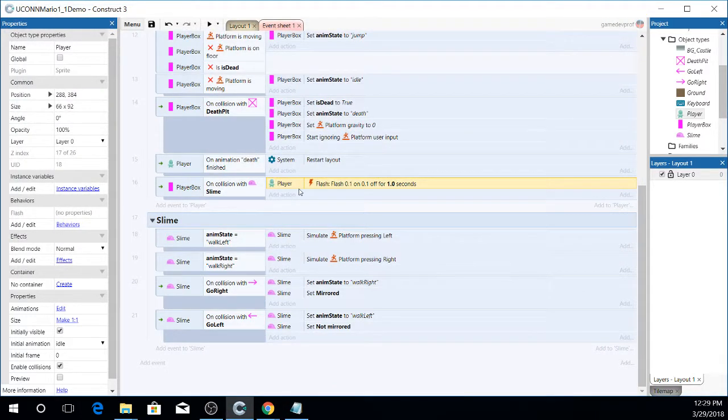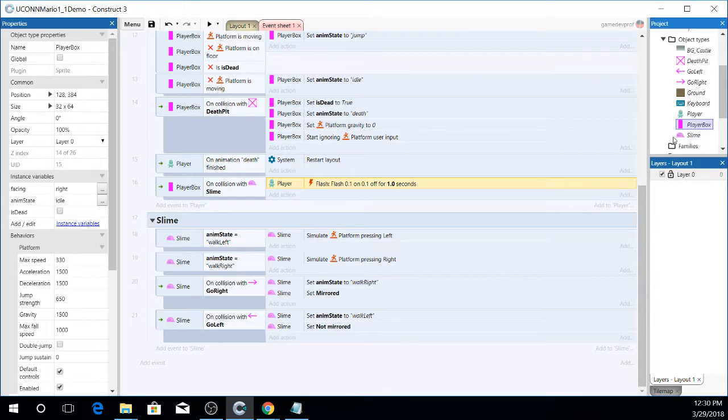Now that we have this, nothing else happens. But we need to figure out a couple of things. One thing is that we need the player to have some health or something. Since this is a Mario clone, we're going to have, I'm not going to create,